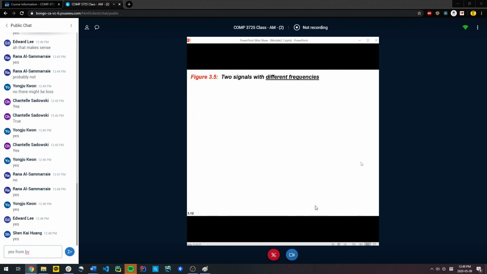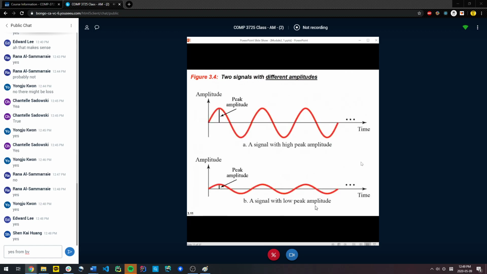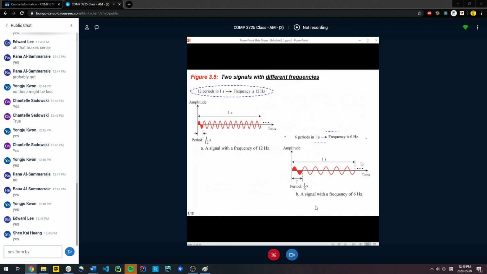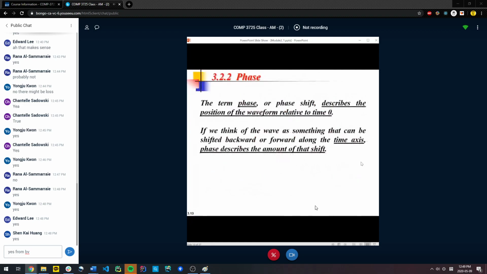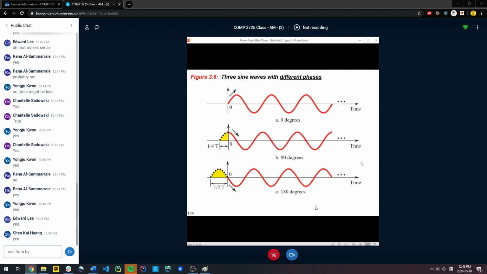So there was the use of amplitudes, high and lows. There's the use of different frequencies, each with its pros and cons. And then obviously there's a third way I can do, which is to use phase shift. Phase shift is nothing but your relative position in time with respect to time equals 0. In this example, there is a phase shift of 0 in the top diagram, a phase shift of 90 in the second diagram, because you're moving 1/4 of a sine. A sine wave goes from high to low and then back to 0.